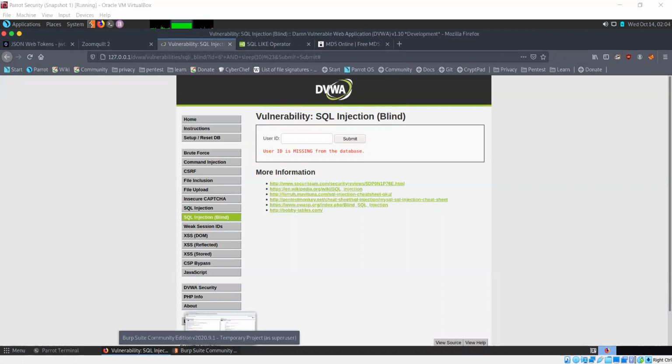Now let's consider again our case, where we are trying to figure out the database version.